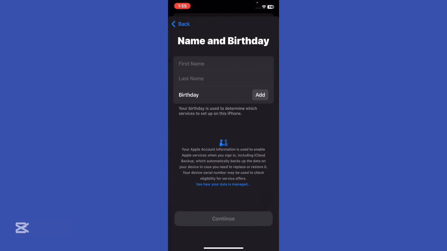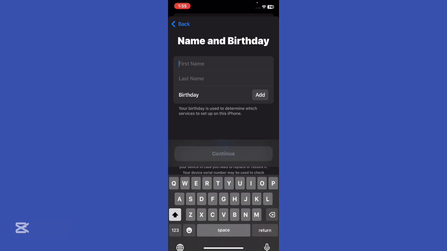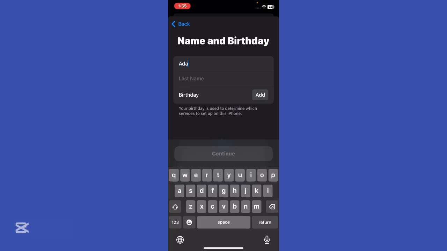Right? Enter your first name, last name, birthday, and of course they're going to give you basically an email to use, right? So you're going to name your email, like Gmail, right, at iCloud instead, and you're going to be able to continue adding your account. So let's say Adam